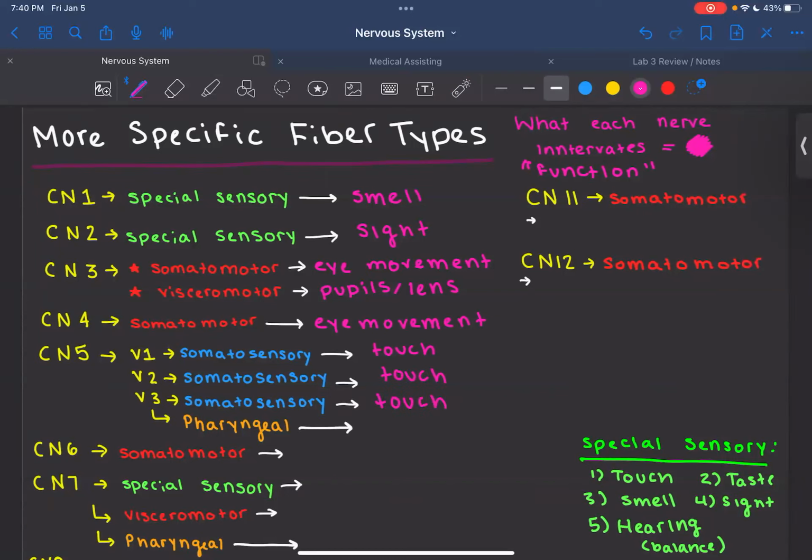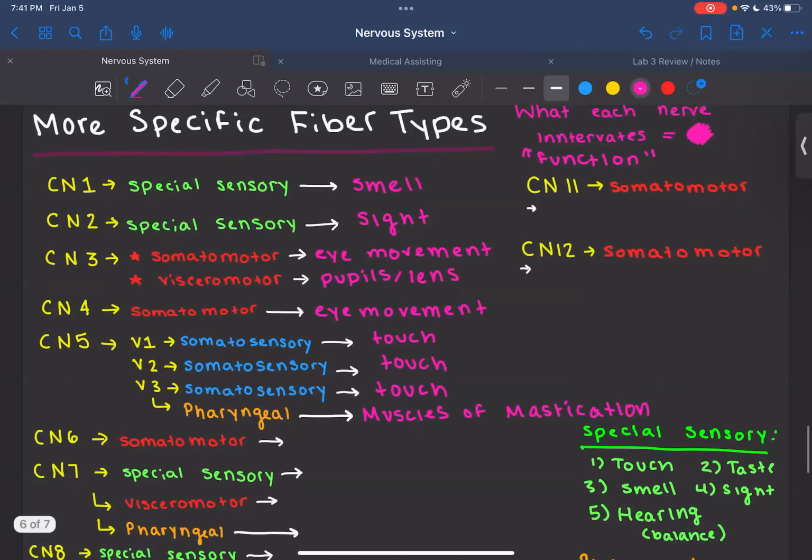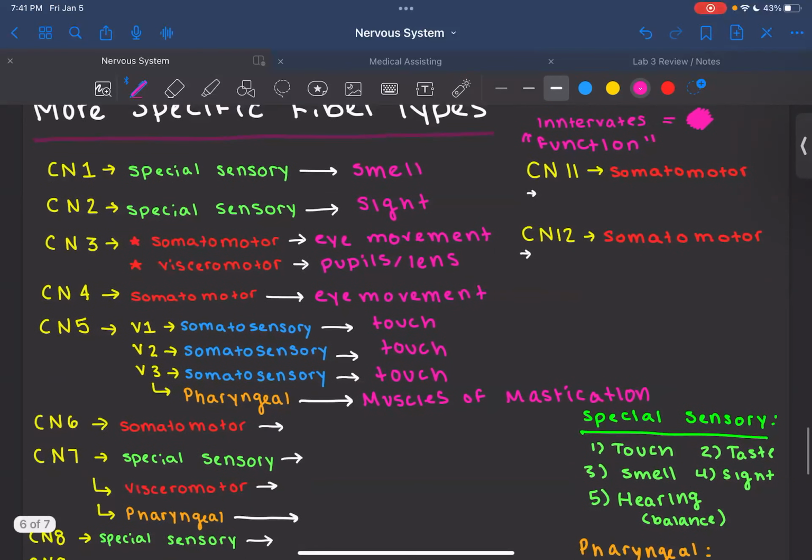And then we have pharyngeal for just V3, which is the mandibular division, which is going to be the muscles of mastication. And that comes from a pharyngeal arch. I cannot remember the pharyngeal arch off the top of my head. It might be pharyngeal arch number 2, but don't read me on that. I didn't look that up or anything. That's just coming from memory. I don't think that's right, though. I have no idea. Moving on to cranial nerve 6, we're going to have the abducens nerve, and this one